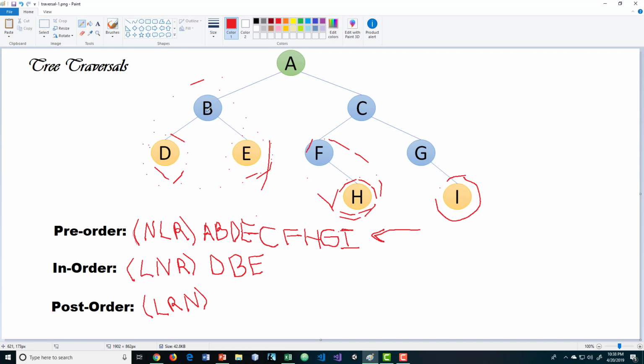Go back up to B, and I say, how did we get here? Well, we visited the left, myself, and the right, just as according to this. And then I say, okay, well, let's go back up to A. Then I ask A, hey, did you visit your left subtree? I sure did, so now I can visit myself. So now A can be visited. So A is marked visited, and now I say, well, you visited your left, you visited yourself, now what about